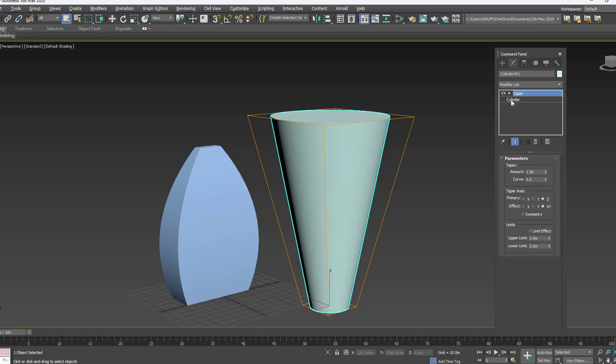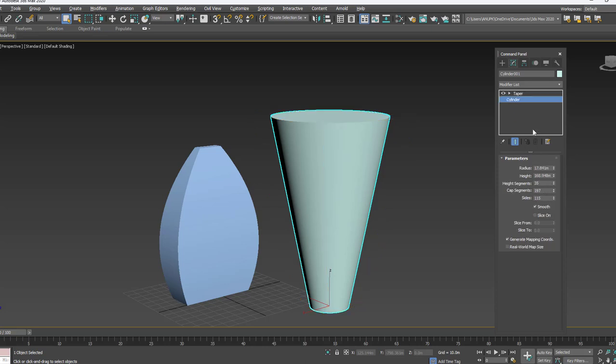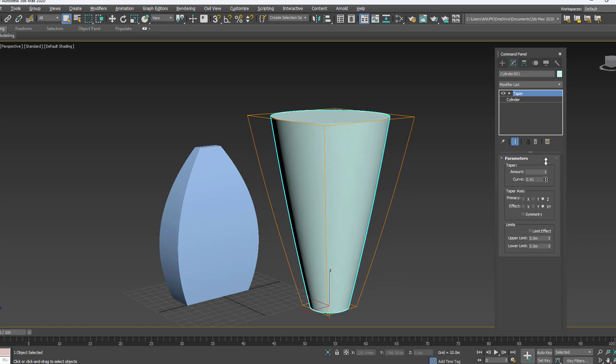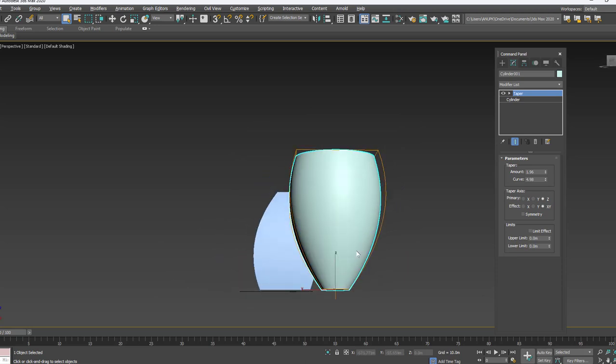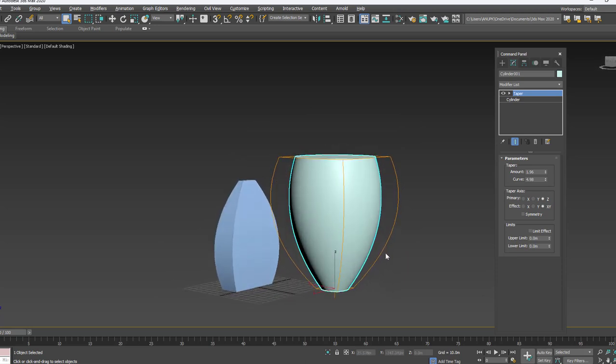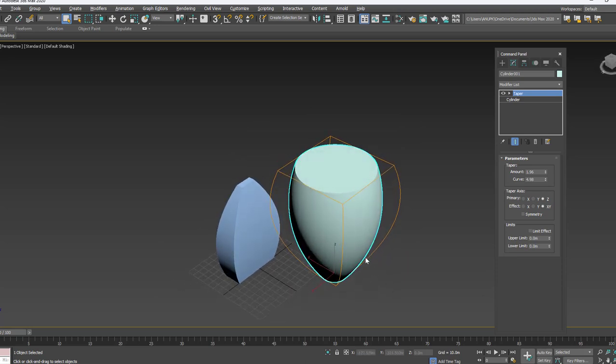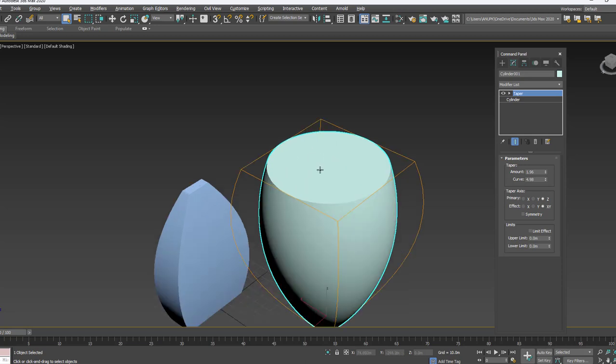In order to reduce the height, click on the cylinder and then reduce. Now curves to make it a little dome like this. So you can create the glass shape by using the taper. In a future class we can even delete the face of the cap and then apply the thickness to convert this into a glass.